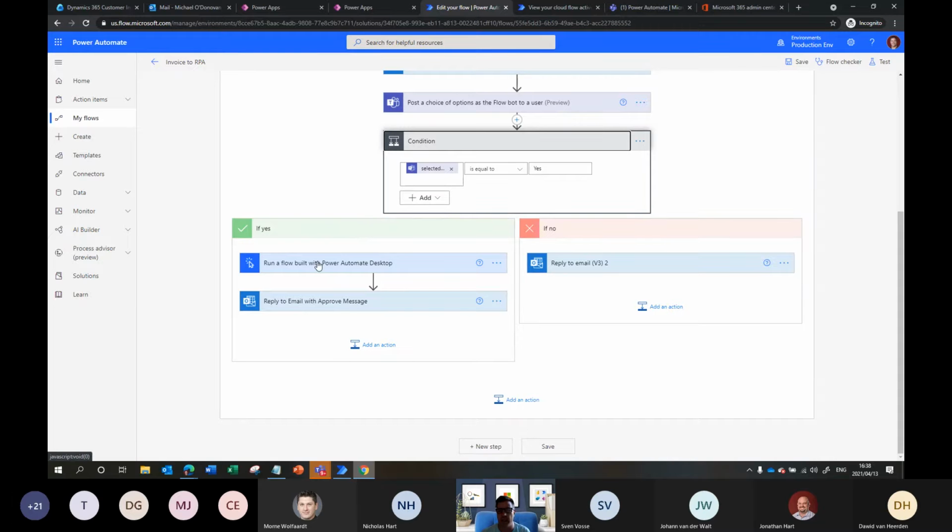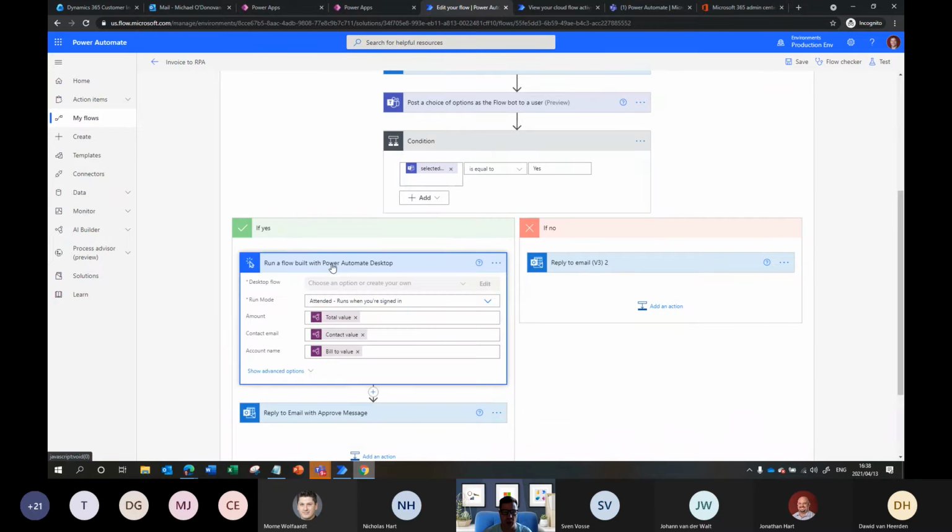And so why is that? Why is the cloud flow starting a desktop flow, now automating the desktop? That's because the invoicing application that sits on the desktop has no API. It's a legacy old Visual Basic app, or maybe it's a green screen app, or maybe it's a SAP GUI, or something like that. So we're going to automate it through this mechanism rather than an API into the invoicing database, because it just doesn't exist, let's say.